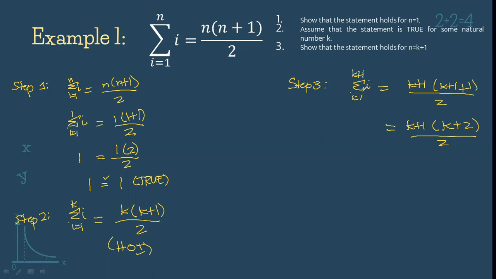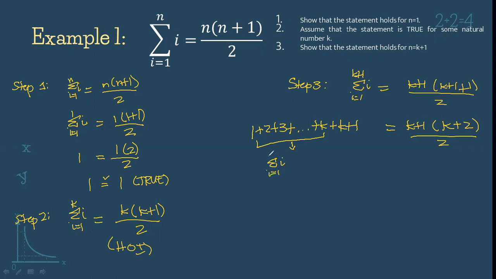Ngayon po, di ba po ito, from 1 daw po to k plus 1, ibig sabihin po, ang summation na to is also equal to 1 plus 2 plus 3 kasi po start daw po sa 1 plus hanggang maabot natin yung k. Pero hanggang k plus 1 pa po siya. Kaya mag-a-add tayo dito ng k plus 1. So now, as you can see, ito pong part na to is actually equal to our summation of i